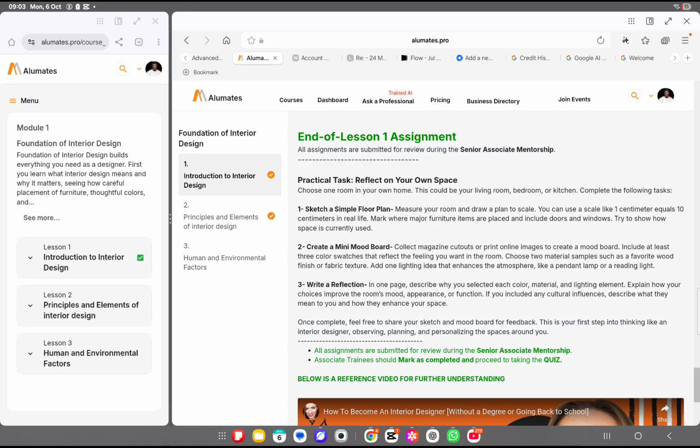For the senior associate mentorship, you will actually have to go on practical tasks. This is also open to those who are into associate, but it is not going to be assessed by the associate structure. So you have to commence your senior associate mentorship to be able to have full access